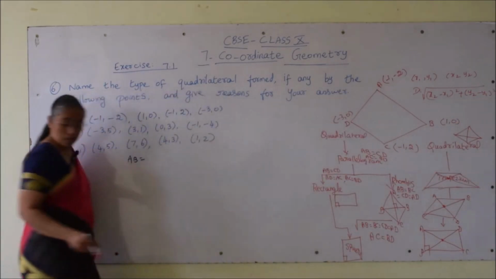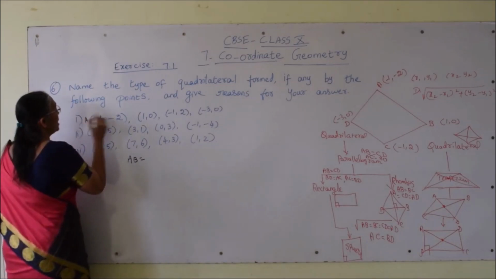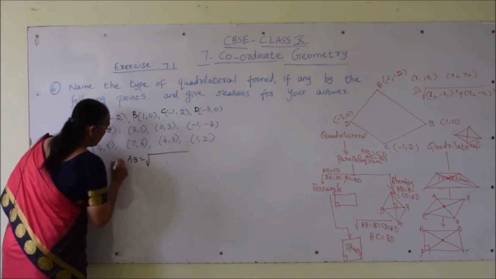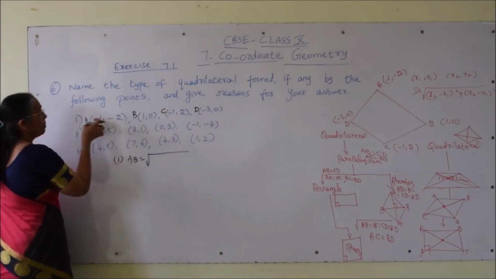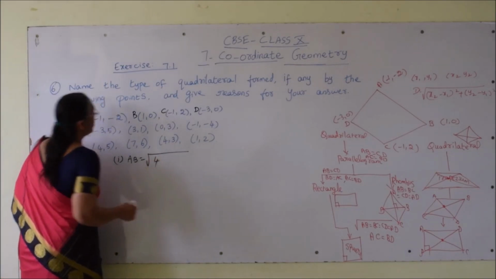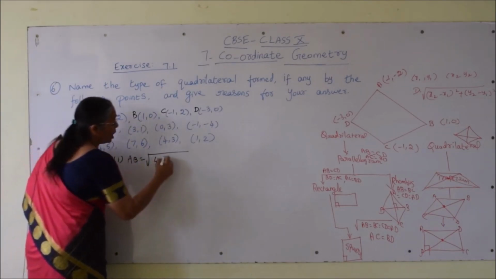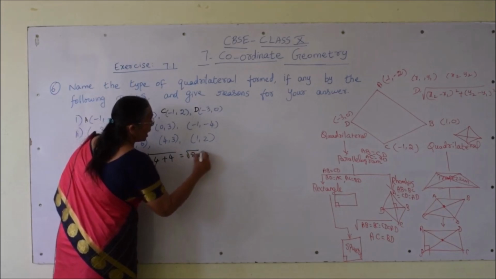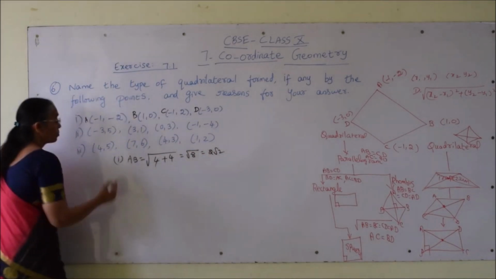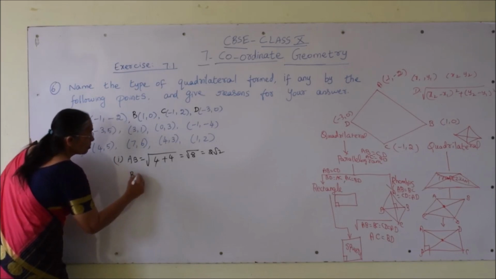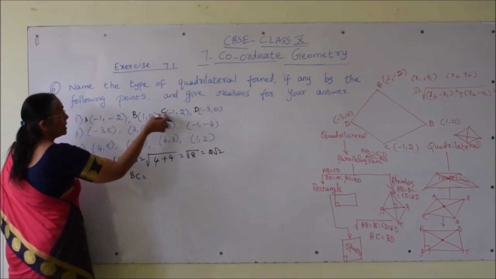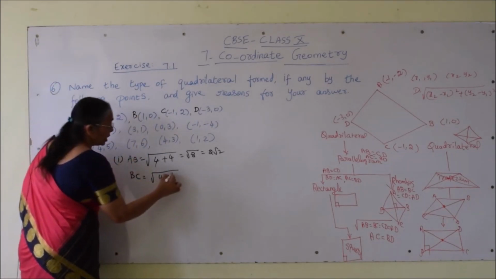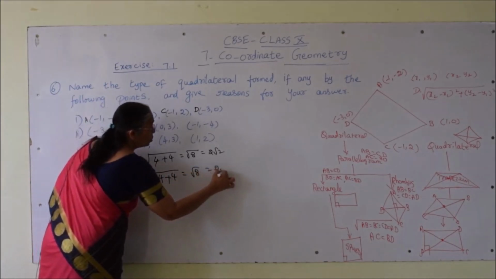So, using the formula, here the vertices, this is vertex A, vertex B, C and D. What will be the AB distance for the first problem? Distance AB is root of 1 minus of minus 1 whole square, which is 2 square, 4. 0 minus of minus 2, again positive, 4. So, root over 4 plus 4, which is nothing but root 8. This can be written as 2 root 2. Coming to distance BC, BC distance is minus 1 minus 2 whole square, 4. 2 minus 0, 2 square, 4. Again root 8, 2 root 2.